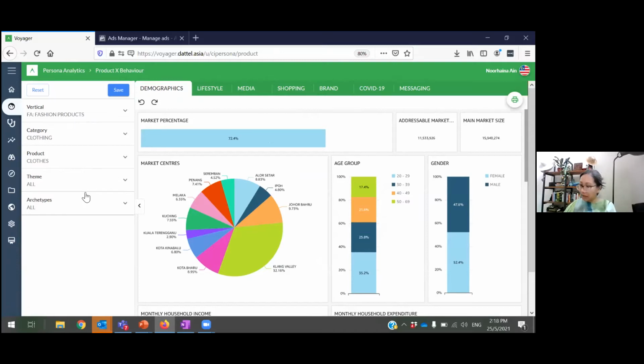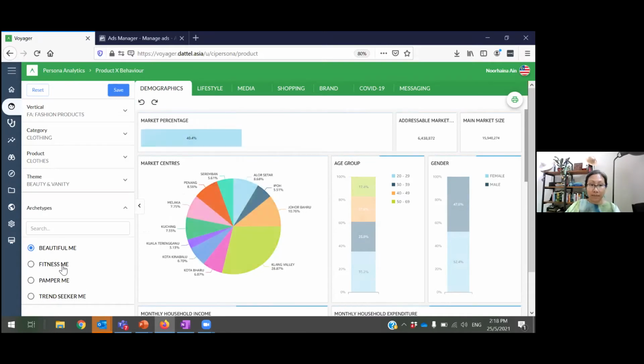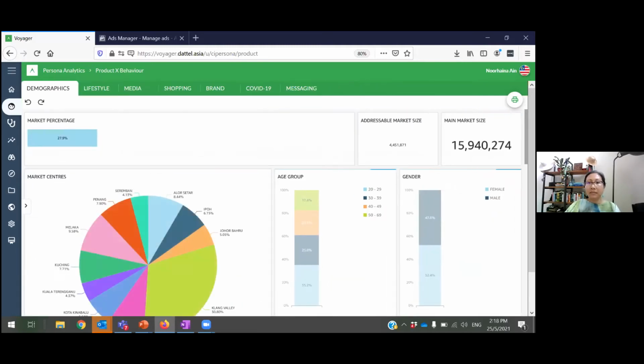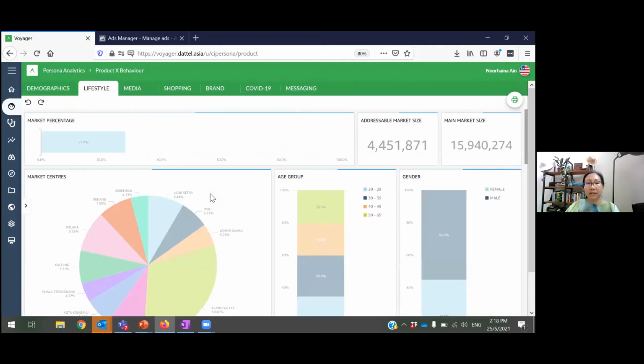So let's say, for example, I want to create a persona, and my persona that I'm going to create, I will choose clothing. So I'm not going to change the product at this stage, but I am going to choose a theme. And my theme that I'm going to choose is Fitness Me. Okay. So now what this does, as usual, I will have the new updates and the data then is reflected. So I can see in the lifestyle, for example,